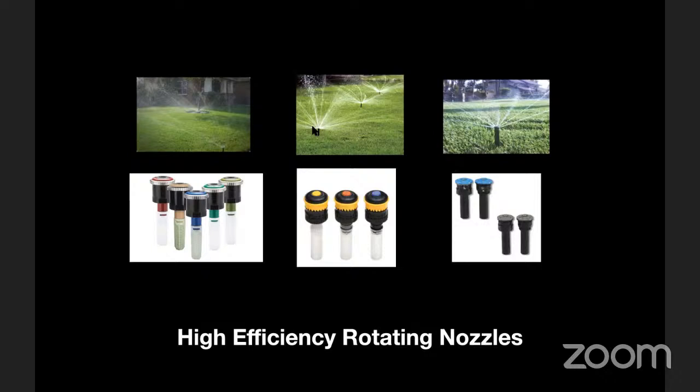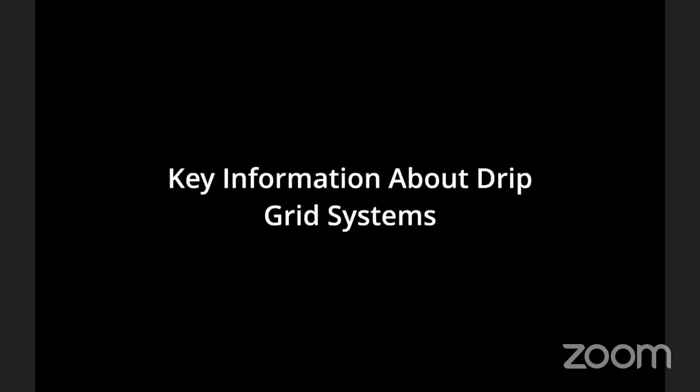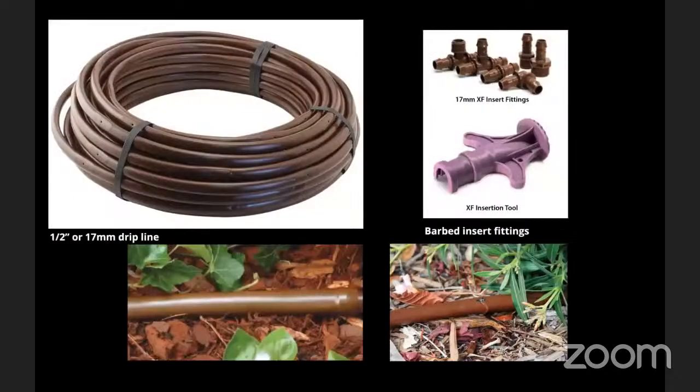But one of them is if you're going to continue to have spray sprinklers, they need to be retrofitted to be these high efficiency rotating nozzles. Or you can completely cap all the sprinklers off and hand water, or you can convert to drip irrigation. If you are going to do drip irrigation, the type we recommend is called a drip irrigation grid using what's